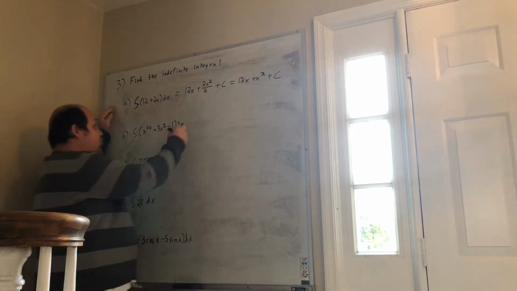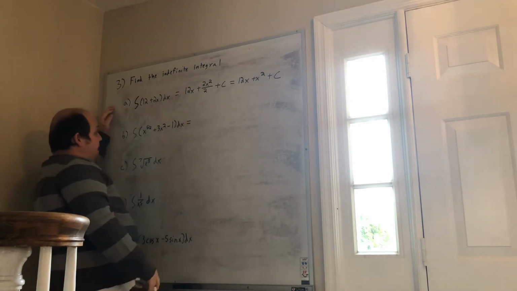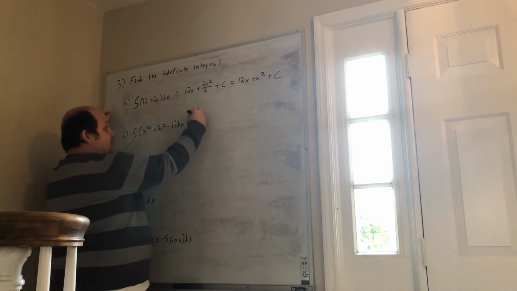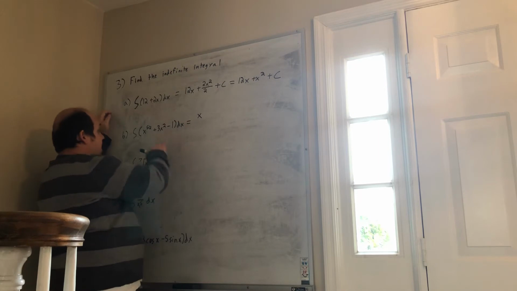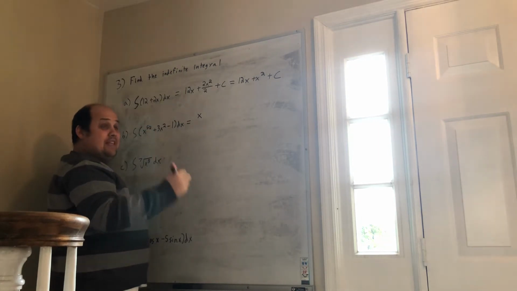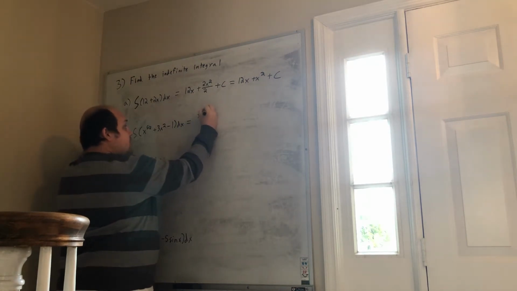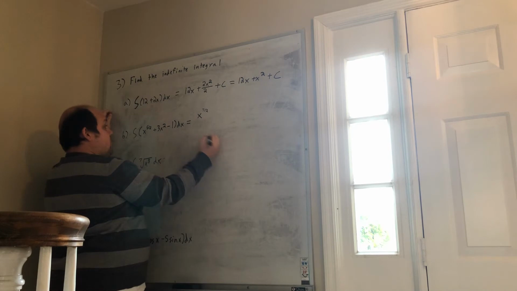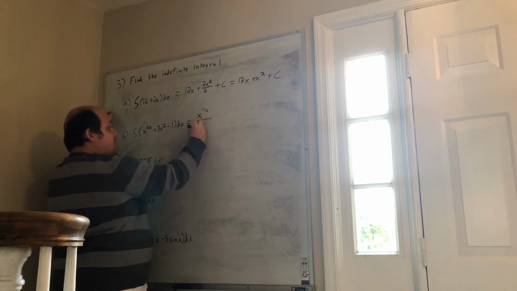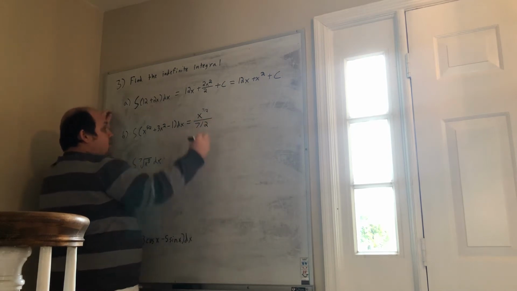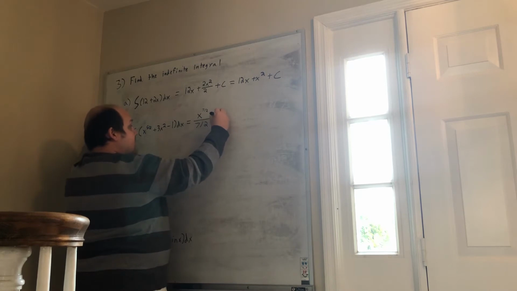Second problem's a little trickier, only because we have a fractional exponent here. So when I find the new power on x, I'm taking what used to be 5/2, adding 1 to it. Really that means adding 2 over 2. If I take 5 over 2 and add 2 over 2, I end up with 7 over 2. Always divide by the new power. When I do the same thing with 3x squared,